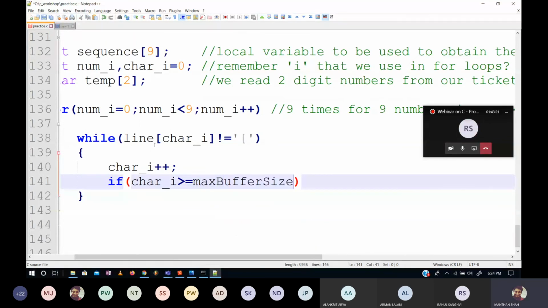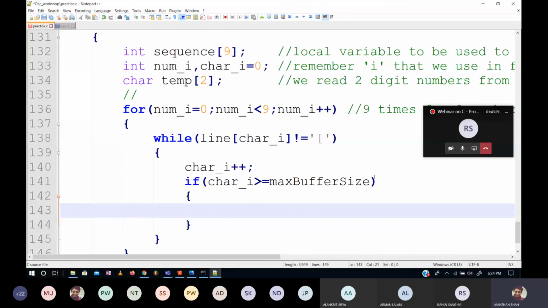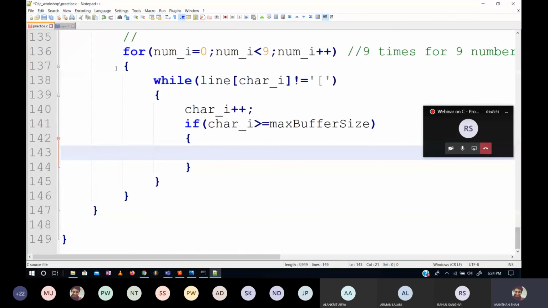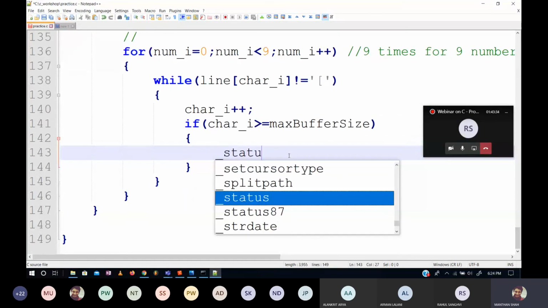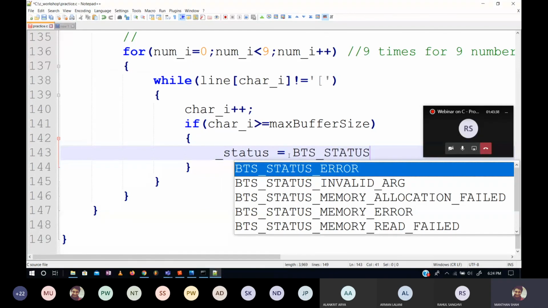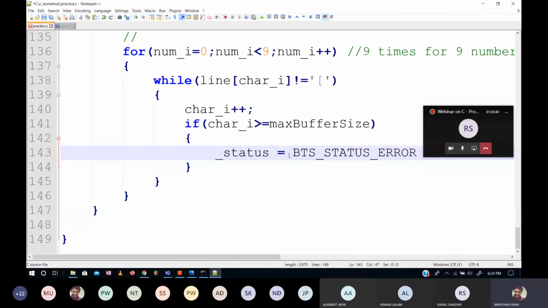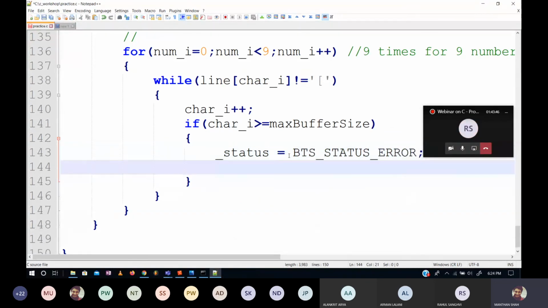So this is the buffer size of my line जो मैं provide कर रहा हूँ. इससे क्या होगा, मैं ही उसको बताऊंगा कि अगर इसके ऊपर गया तो बस एरर बना दे कि बरोबर नहीं था, कुछ तो तुम्हारे टिकट के फॉर्मेट में गड़बड़ है, so you exit properly. So इसमें I think normal error status ही चलेगा, and then we will break out of this thing.